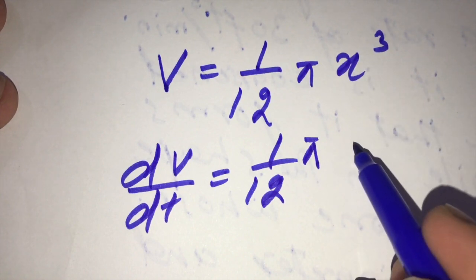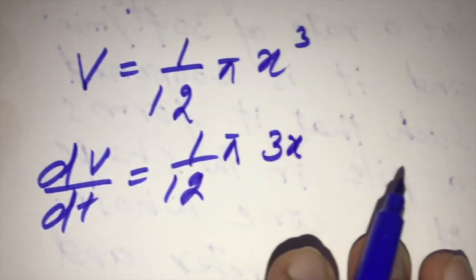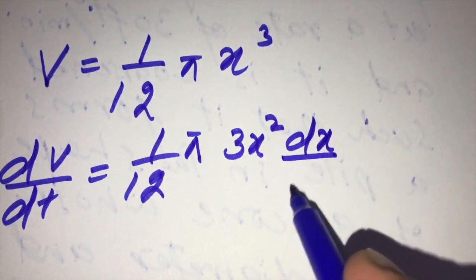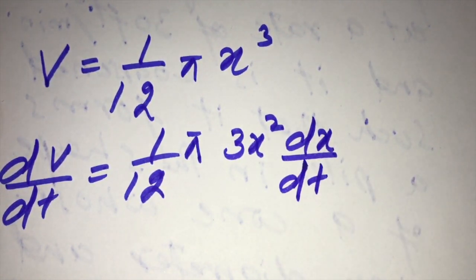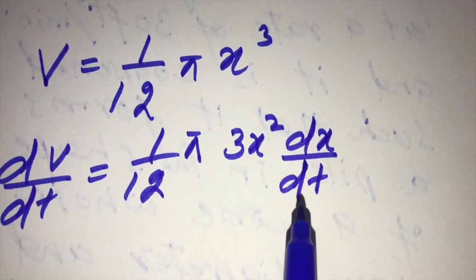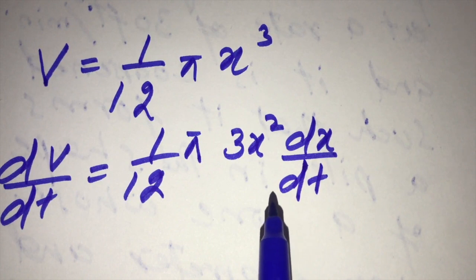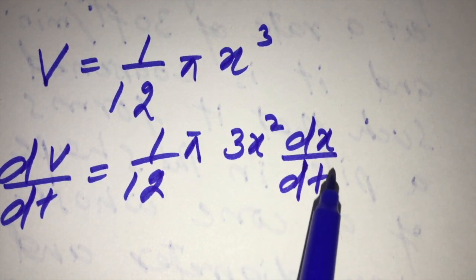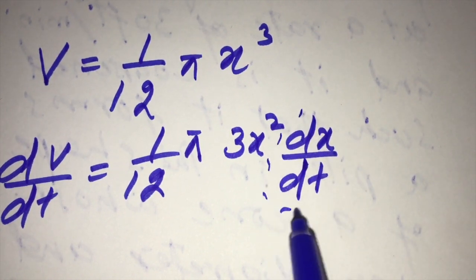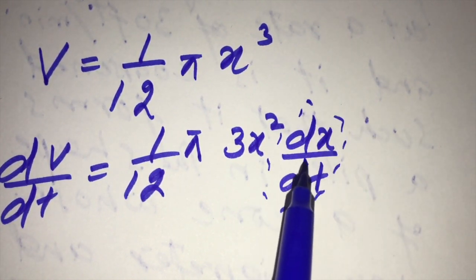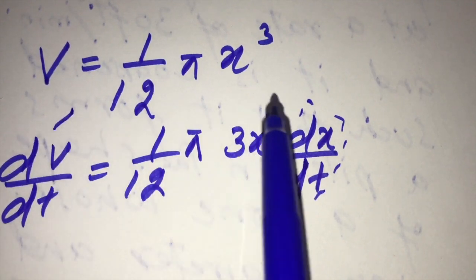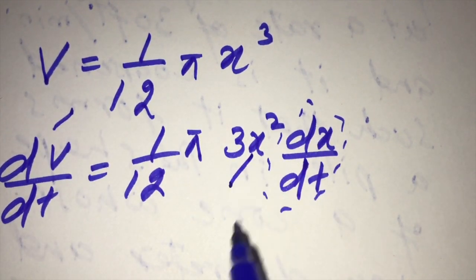The derivative of x cube is 3x square into dx by dt. Now, as we have to find dx by dt, how fast the height of the pile is increasing,